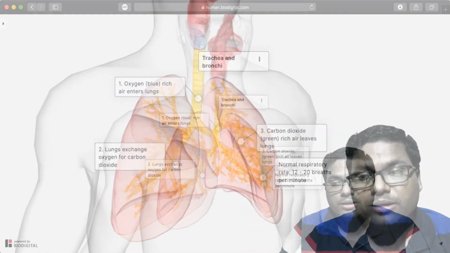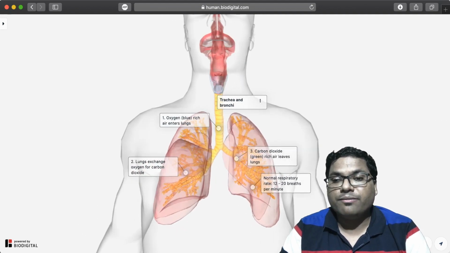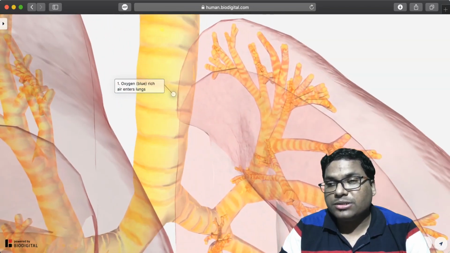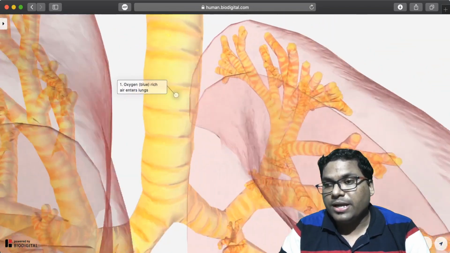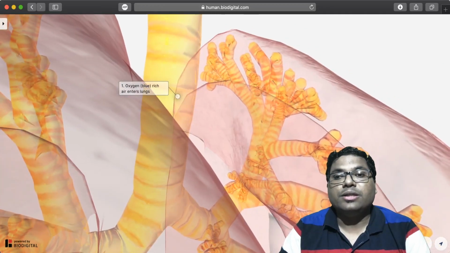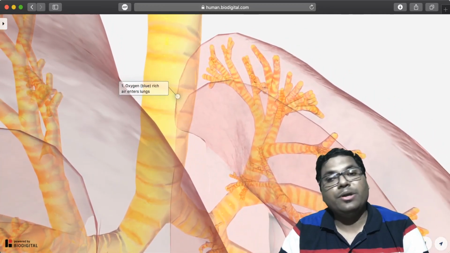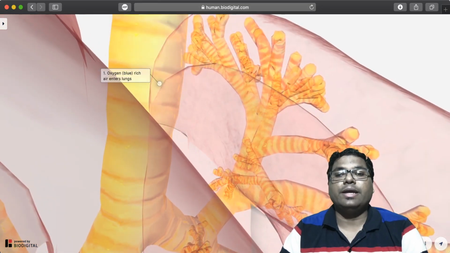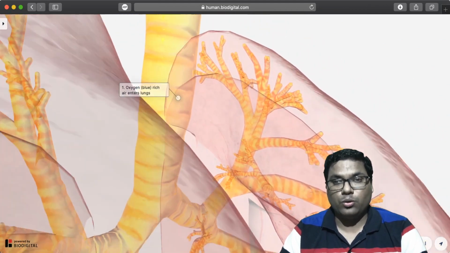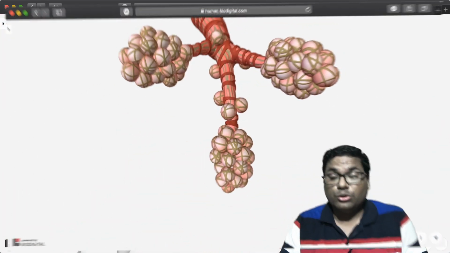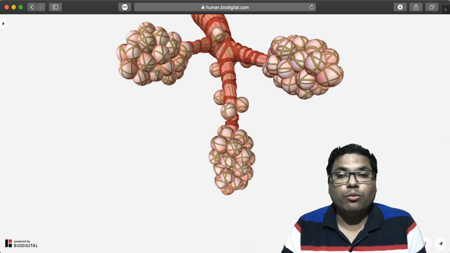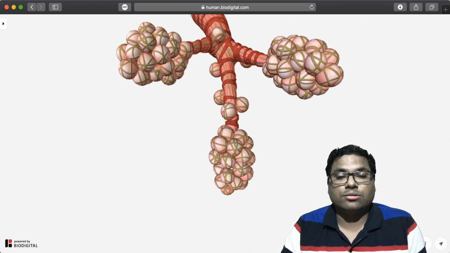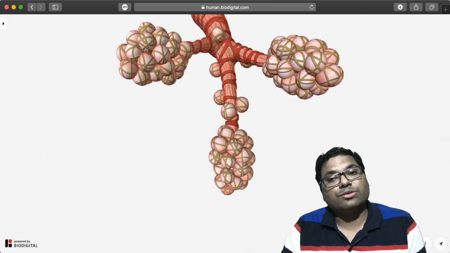As you can see over here, the bronchi ultimately turn into the ends, and we will see these ends over here. You can see these ends have the air sacs that help us in gas exchange, getting the oxygen into the blood. And now we will see what the air sacs, called alveoli, look like in the lungs. You are observing the air sacs or the alveoli which are present all over the lungs, which are actually involved in gas exchange. That is, the oxygen is getting mixed with the blood over here.